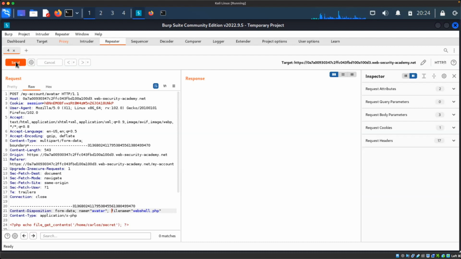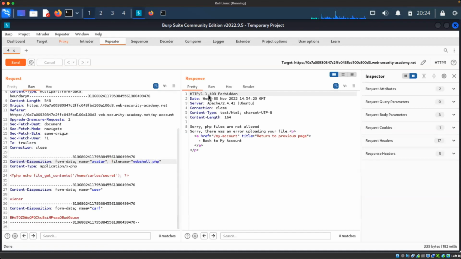So I'll click here. We can see this 403 HTTP code, which means forbidden. So it is not allowing us to upload a PHP file, and it is also giving us an error message: sorry, PHP files are not allowed. But what new thing we can notice here is there is an Apache server present, which means there might be an .htaccess file present here. And if it is not, we can try to upload a file and add permission there to execute